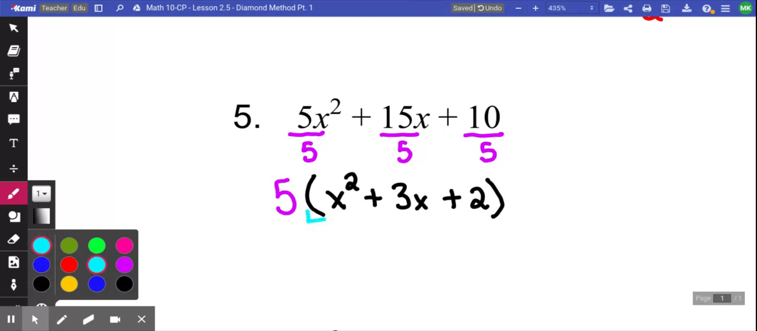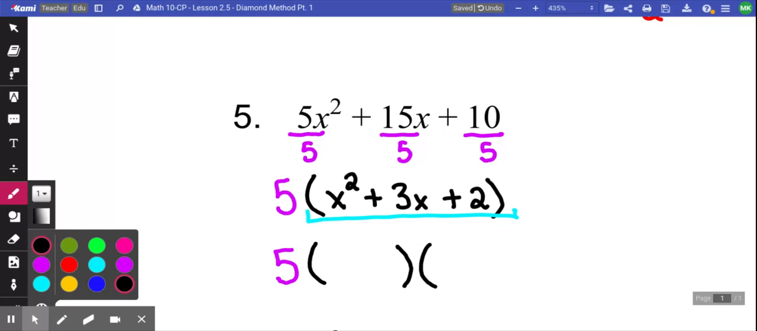This can then be factored again. The 5 out front will now just stay out front as a monomial. But that trinomial, I can change that, and I can change it into two binomials. The first term of my trinomial is always the first terms of my binomials. The sides come from my diamond. My diamond